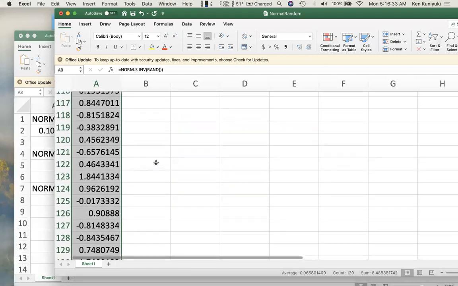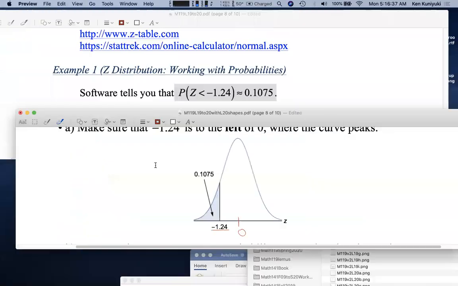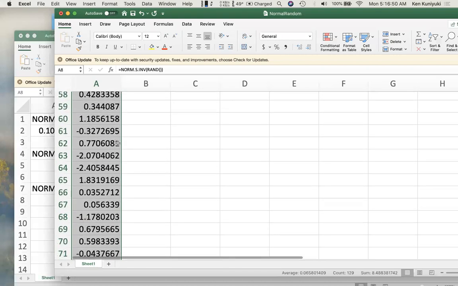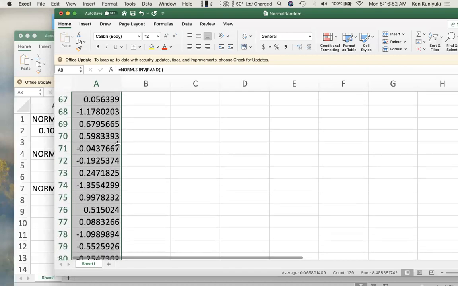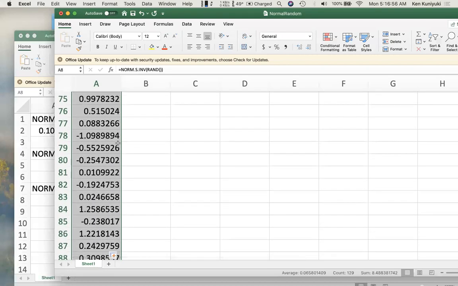In fact, imagine that we're doing like a million of these. What this probability statement is basically saying is that about 10.75% of the z-scores we're getting here will be less than negative 1.24. So about 11% of these standard normal random values will be less than negative